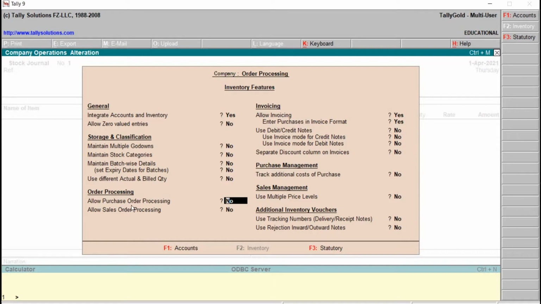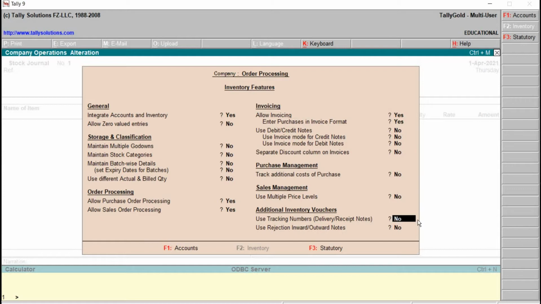Allow purchase order processing, make it Yes. Later allow sales order processing, make it Yes. Once this is done, come down. Additional inventory vouchers, use tracking numbers. In the set of parentheses, we have delivery / receipt notes.